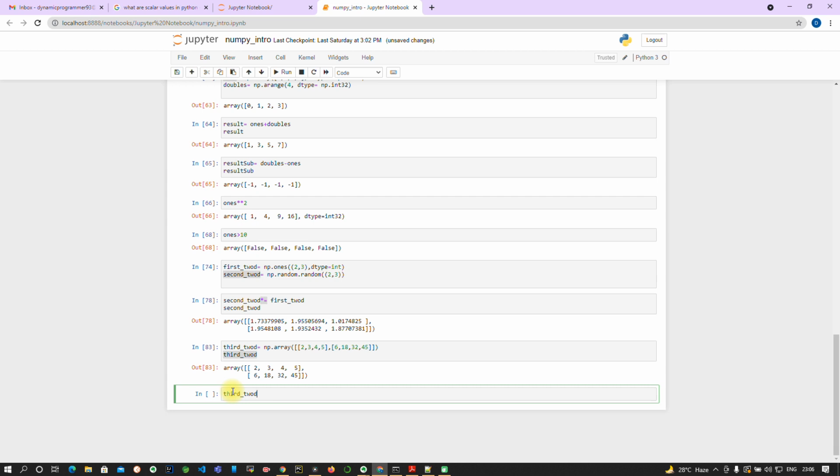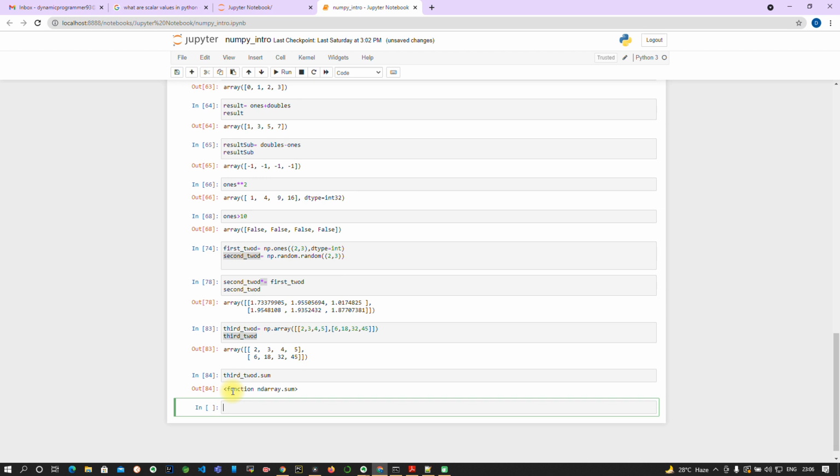So directly, we can use sum. It returns the total, adding all the elements internally and giving the result. I can use min, as 2 is the minimum element.